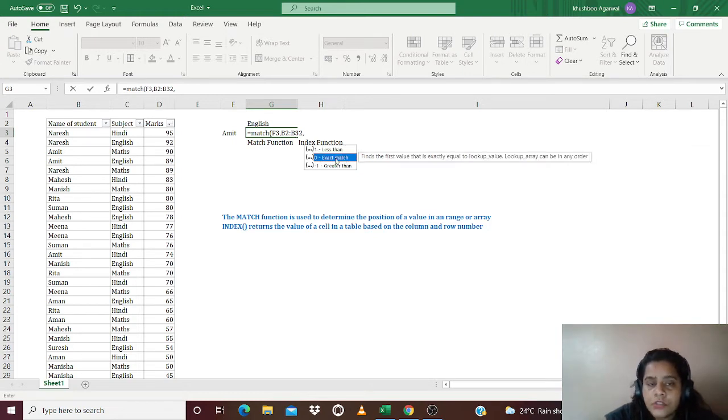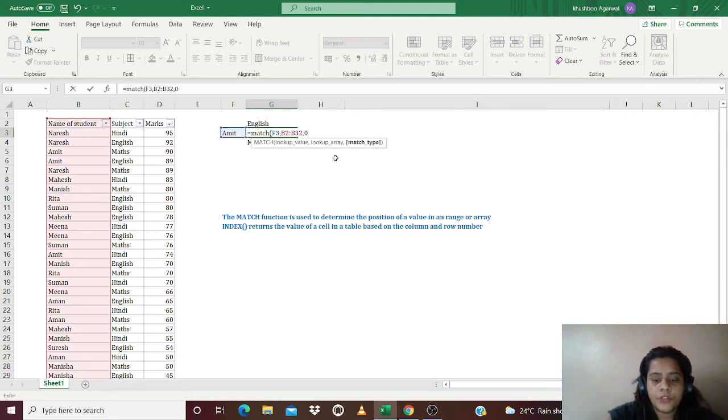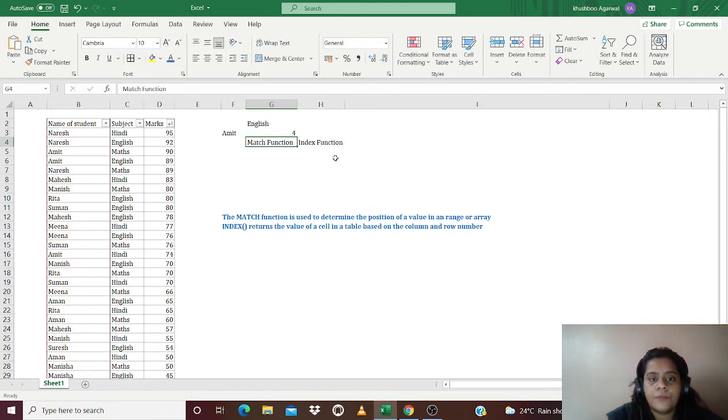We generally use exact match so that we get an exact value and not an approximation. So we put 0 and press enter, and we see that we get the figure as 4. That is, in our table, Amit is first appearing in the fourth row. If we check the table, we see that Amit is appearing in the fourth row.